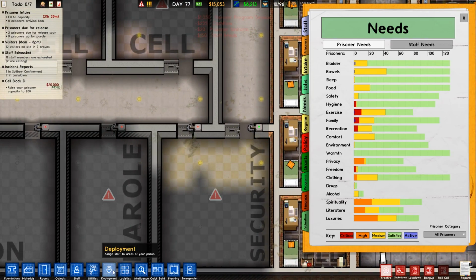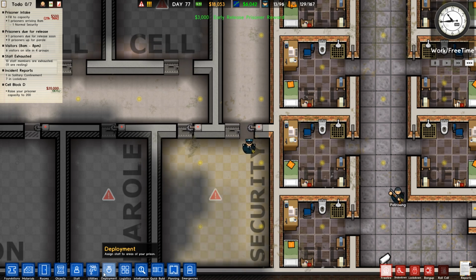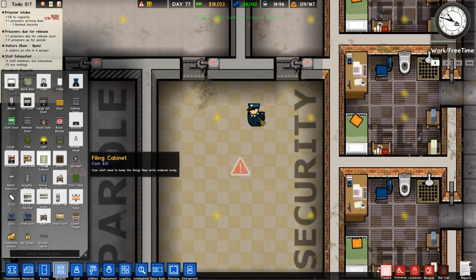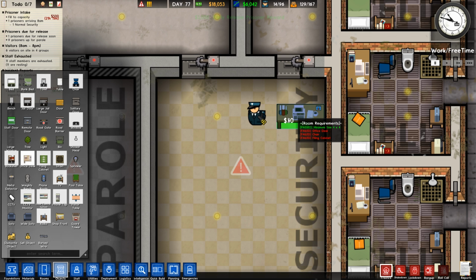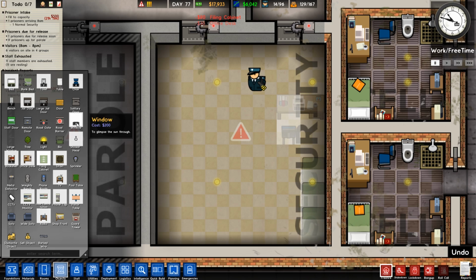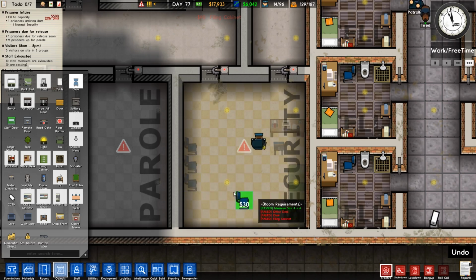So let's just go over to our staff needs, just check they're fine. Yeah, that's no problem. And we'll get the security station up and running. So security, objects, we want to go for an office desk. I like the idea of putting it like so, with a chair there. We'll have a couple of filing cabinets down there, and it doesn't really matter what else we put in here, so we'll put a couple of chairs in like that, why not, like sort of